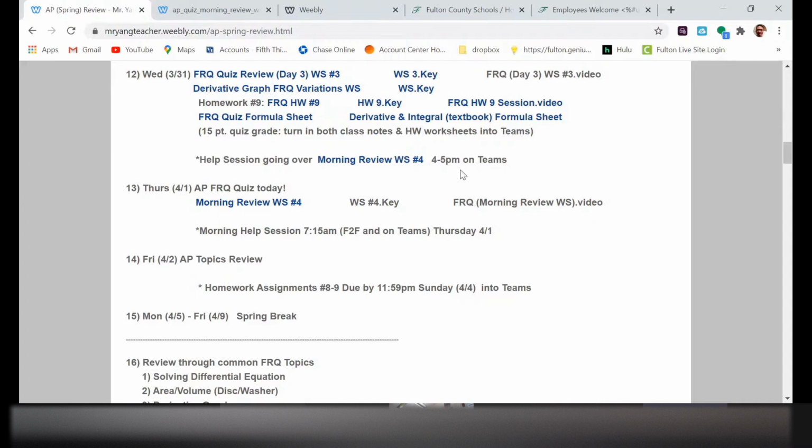Tomorrow's your quiz, okay? I'm putting together this morning review worksheet that I feel is going to be a very good representation of what your quiz is going to be like. So I really encourage you to work through this morning review sometime today, this afternoon or evening. But if you can, hold off until later this afternoon, because as I'm working through the key, I realize I need to make some adjustments. I'll get the key up and available by this afternoon.